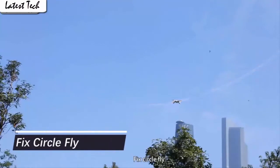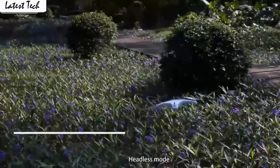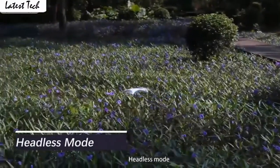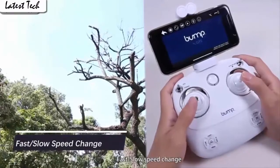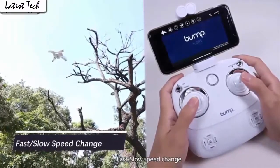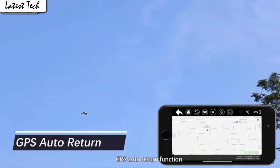The drone allows switching 3-speed mode, low, medium and high speed. You could try switching different speed modes when the drone is in flight for more fun, which is very convenient for beginners. It also has a built-in one-key return home feature that will allow the drone to fly back to